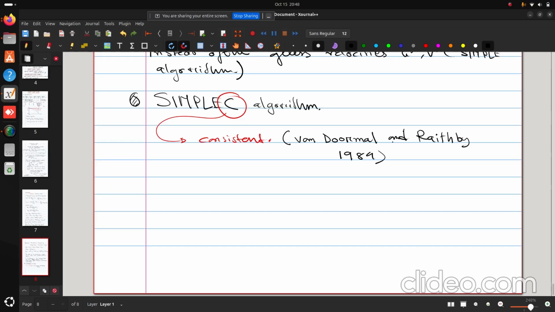So if you remember, in the simple algorithm we neglected some of the terms in the velocity correction, but here we will not do that, right? So what is the major difference here? If you remember, in the simple algorithm